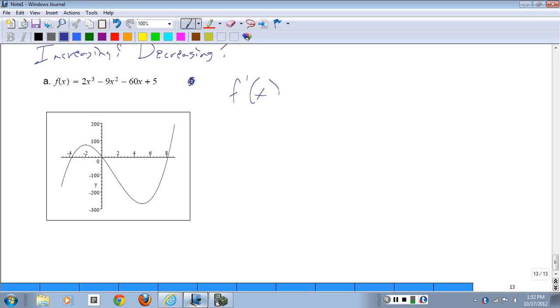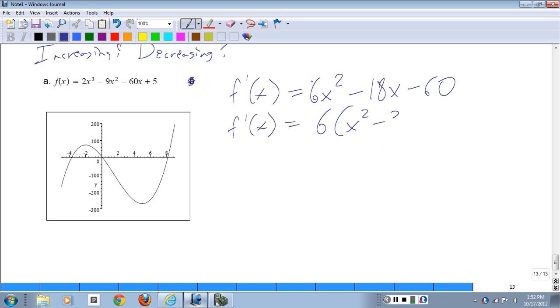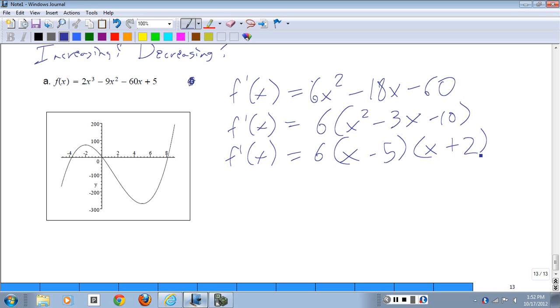F prime of x equals 6x squared minus 18x minus 60. Factor a little bit. Factor out 6: x squared minus 3x minus 10. Factor a little bit more. I think that's it. Something interesting happening at 5, something interesting happening at -2. So what we see is a graph of the original function, but I want to construct a sign graph for the first derivative. So here goes. A sign graph